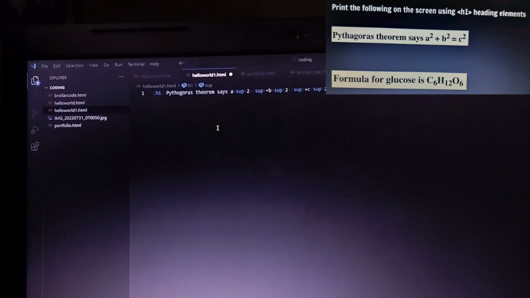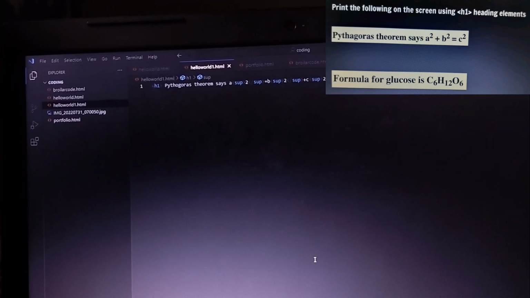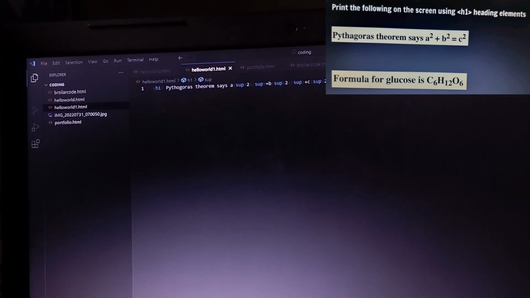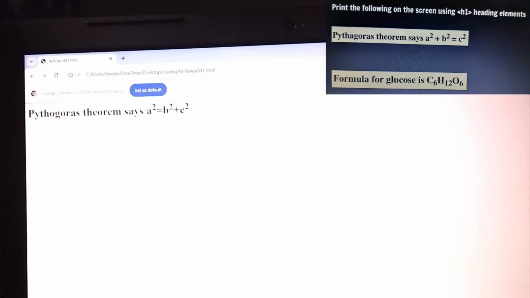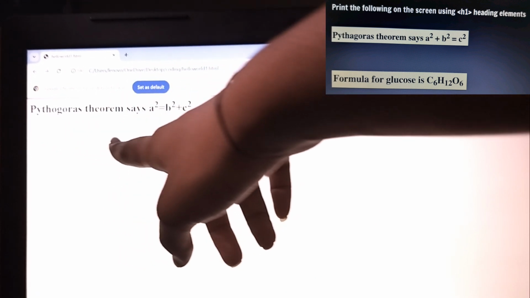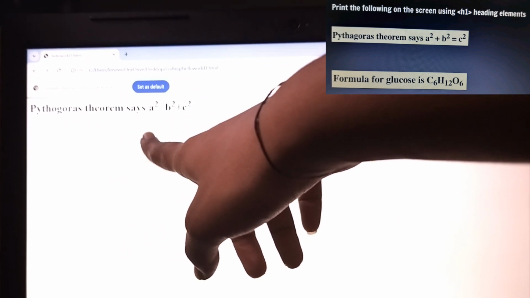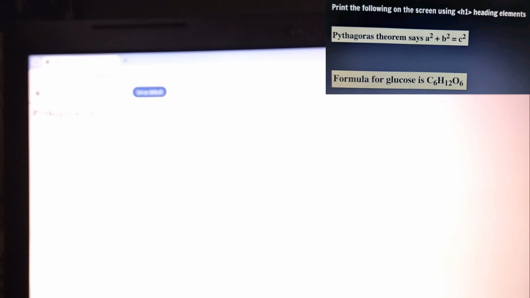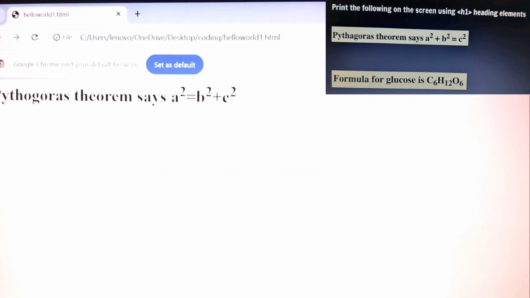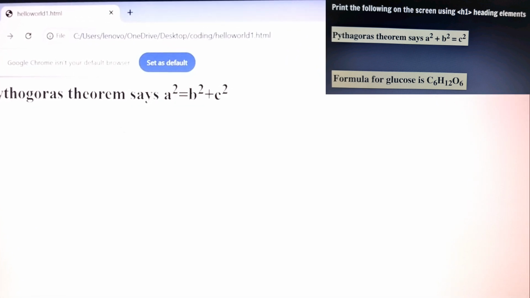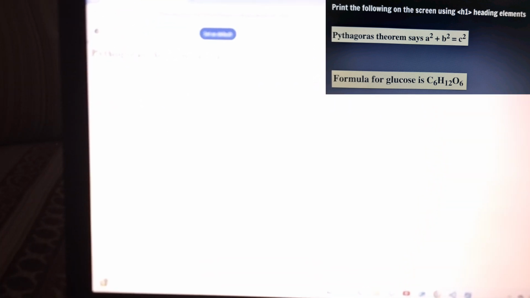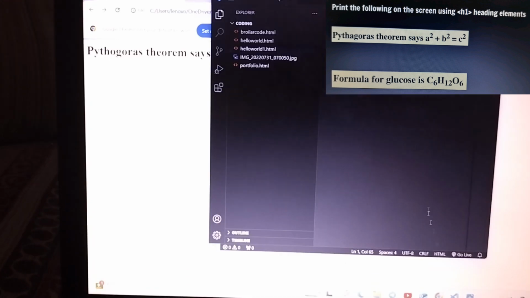So let's just save and see what happens. हमारे पास files का है, ये रही files. So here we go. We have Pythagoras theorem says a square is equal to b square plus, is it visible? So here we go. We have Pythagoras theorem says a square plus b square is equal to c square. So yeah, let's get back, and we have again एक और है हमारे पास, that is